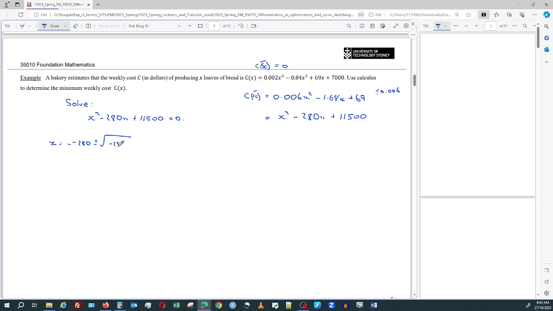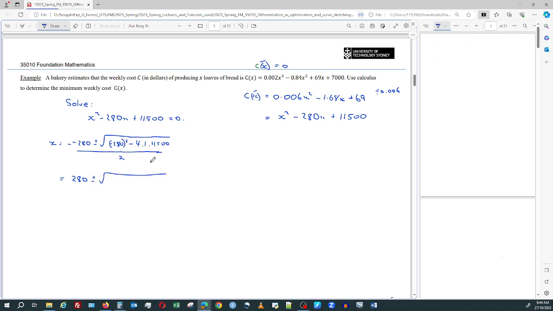So the square will make that a positive. b squared minus 4, a is 1, and c is 11,500. Now I'm not sure how they compare, so I'll check those in a minute. But we've got to divide by 2 lots of a. Okay, so we will get 280 plus or minus